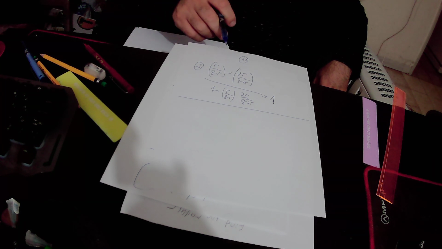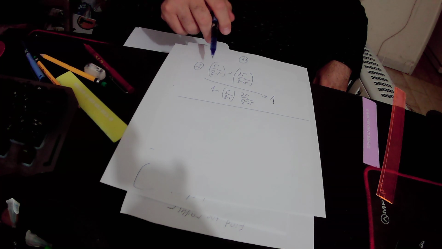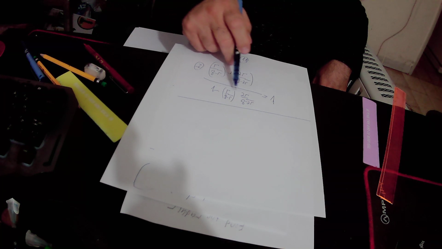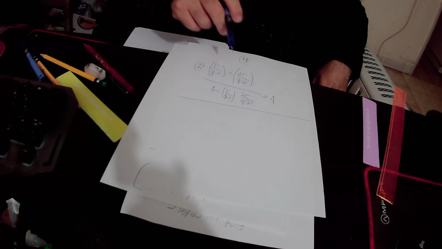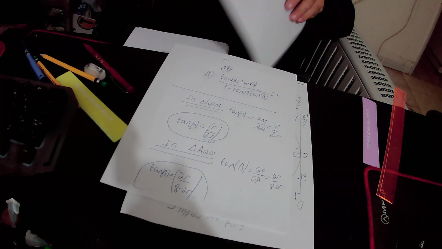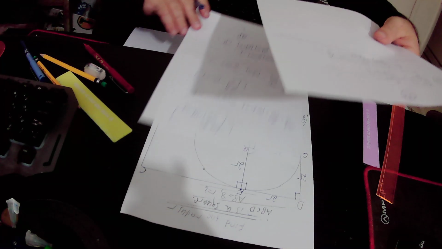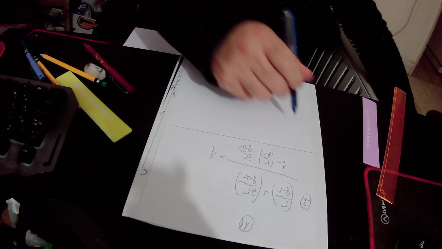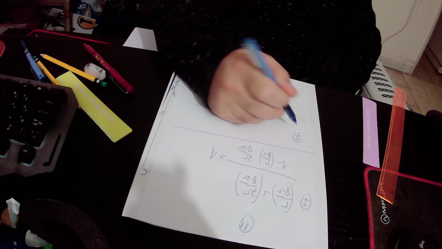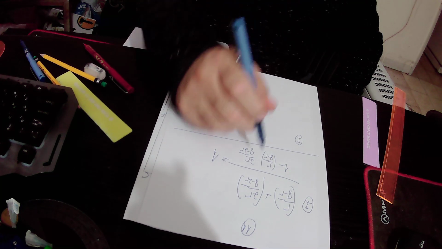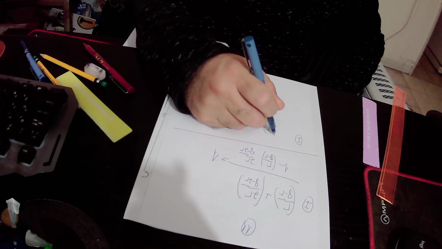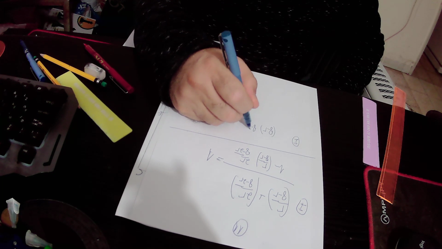We will take out a common factor for these two expressions, and if we focus on the numerator, the common factor will be 8 minus R times 8 minus 2R,